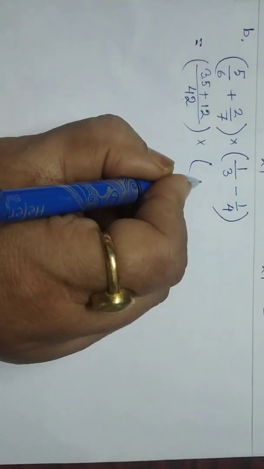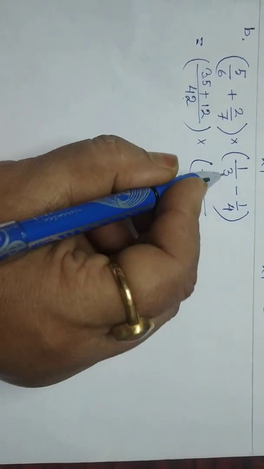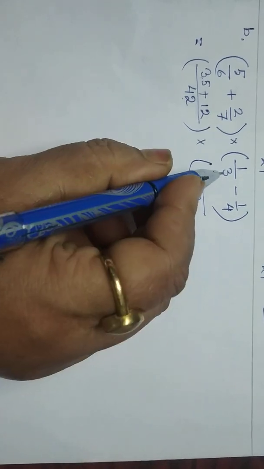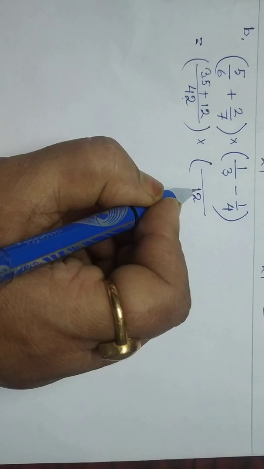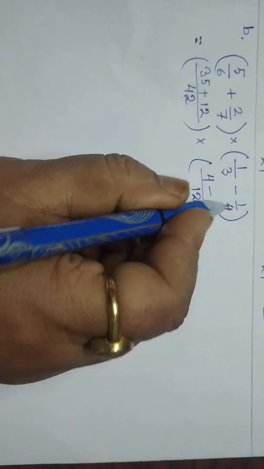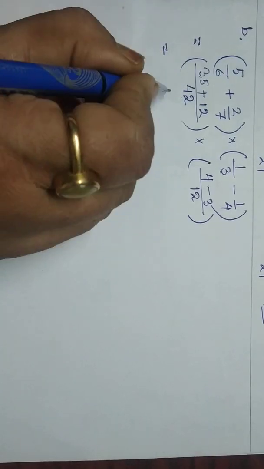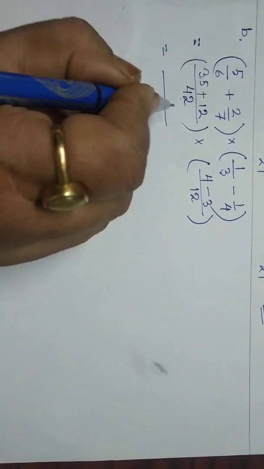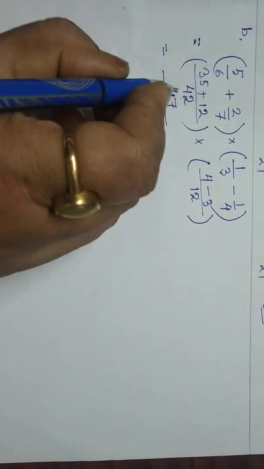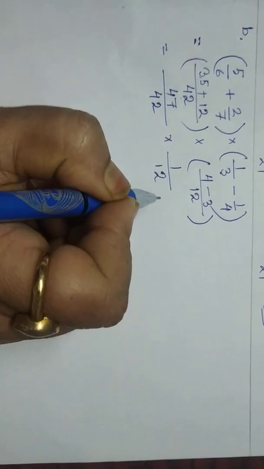Next again we solve this one portion. Now 3 and 4, same thing, there is no common factor other than 1, that's why 3 4s are 12. Here LCM will be 12. If we divide 12 by 3, then we get 4, 4 into 1 is equal to 4, minus 12 divided by 4 means 3, 3 into 1 is equal to 3. Okay. Now we simplify again. 35 plus 12 means 47 by 42 into 4 minus 3 means 1, and this one 12.